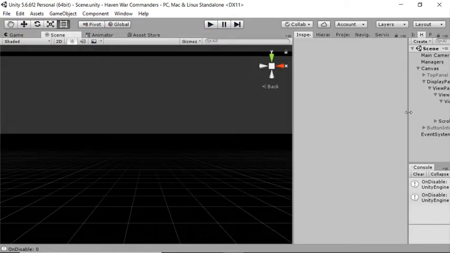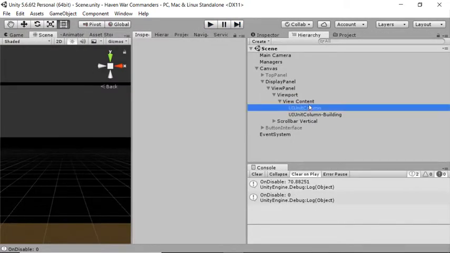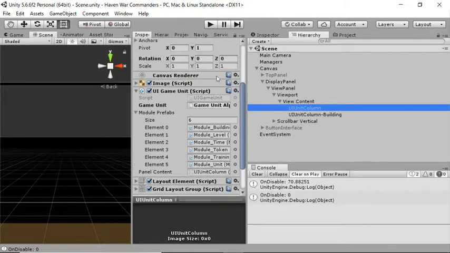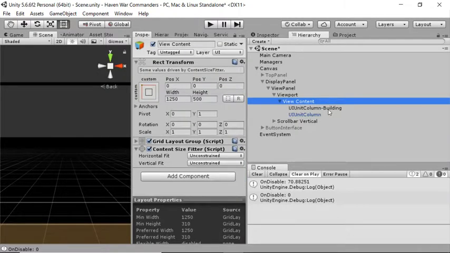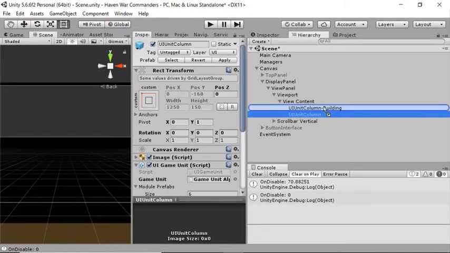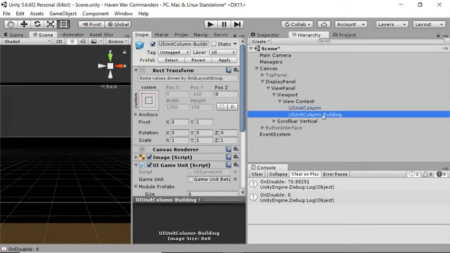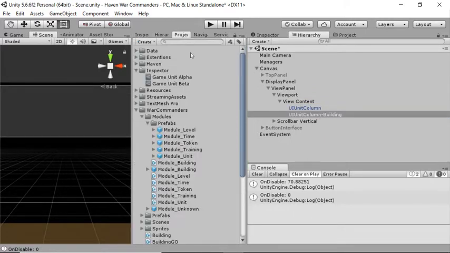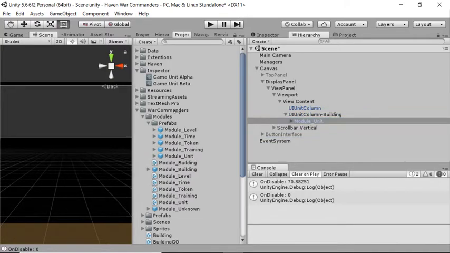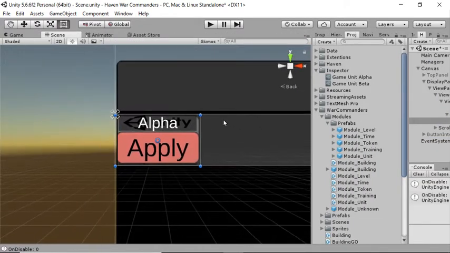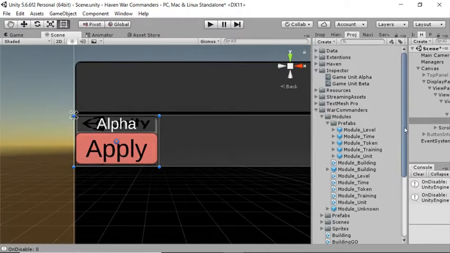And this other really cool thing I want to talk about is, I have this game unit prefab right here. I have a game unit prefab, but then I also have created this non-prefab, which is really helpful because just the building prefab here, we know we need to change the module of the unit. So you look at the module here. It has a very simple